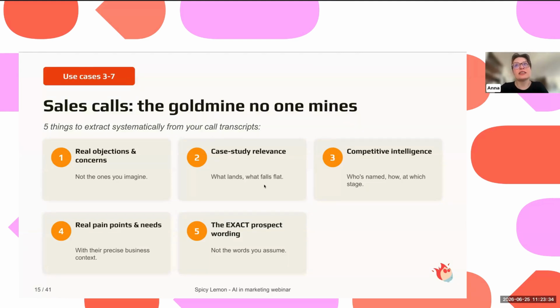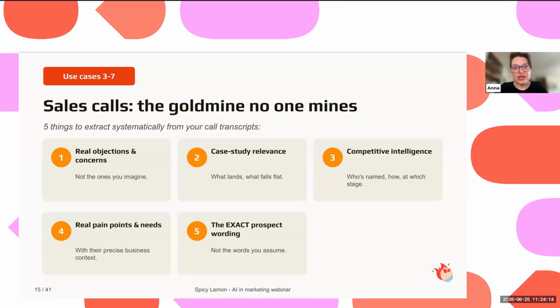Another one I really love is the case study relevance. I have so many clients that really need a lot of case studies, and it's something that is core everywhere. But very often, as marketing teams, we don't have enough context about what happened with this prospect or this client. We also sometimes don't get access to every single client. And even sometimes there are very interesting use cases that get missed. Like for instance, for a B2B company, it's very important to understand who are all the prospects that come churning from competitors. And maybe if those prospects turn into clients, there's a super interesting use case to explain the churn rather than having something much more generic about this topic.